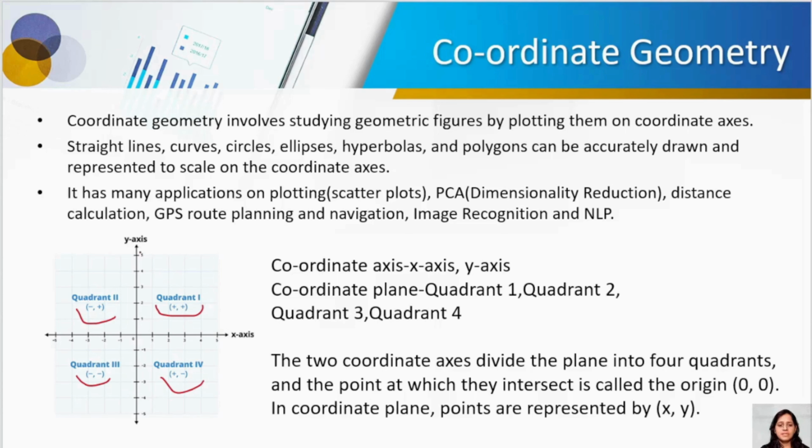So these two axes: this is the y-axis, this is the x-axis, and this is your 0 point. These are your coordinates. If you come here, this point is going to be 1, 0. Again, if you come here, this point is going to be 2, 0. Likewise, that is how your axis concept works.